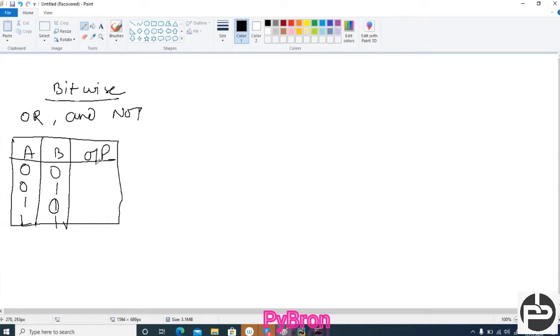So 0 plus 0 is 0, 0 plus 1 is 1, 1 plus 0 is 1, and 1 plus 1 is 2, no, 1, because I told you, anything apart from 0 is considered true in boolean. So here also 1 plus 1 will be 1 only. So this is the OR gate truth table.